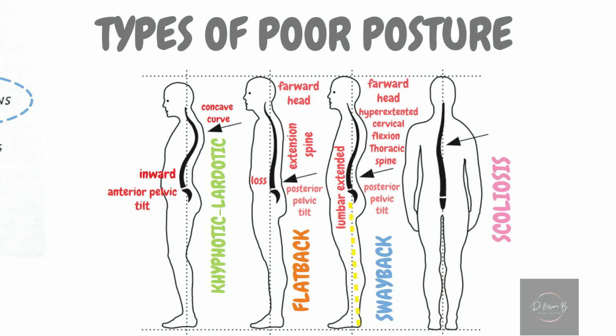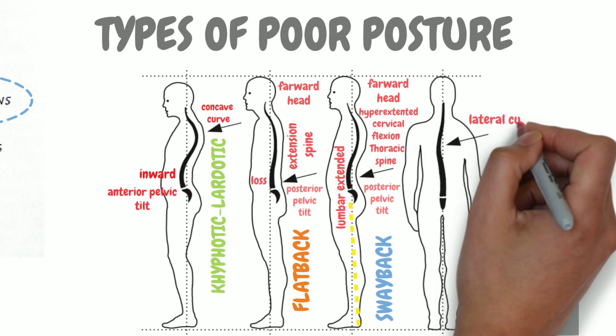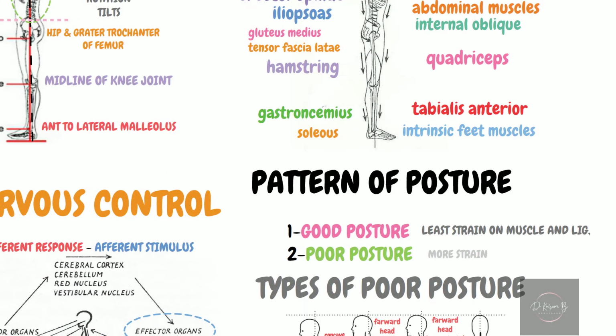Scoliosis: a deviation of the normal vertical line of the spine consisting of a lateral curvature and rotation of the vertebrae. So this was